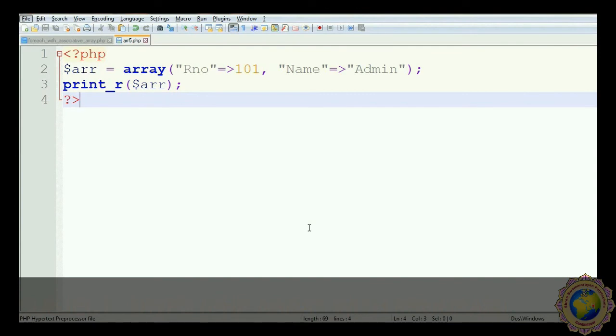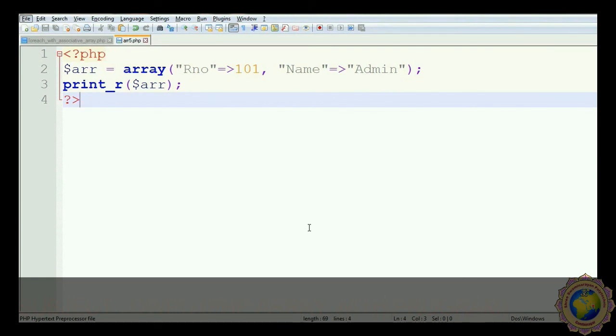In a previous video lecture we already discussed the print_r function. Why do we use the print_r function? Because whenever we access an element of the variable, we use print_r in PHP. And why do we use the print_r function in PHP?